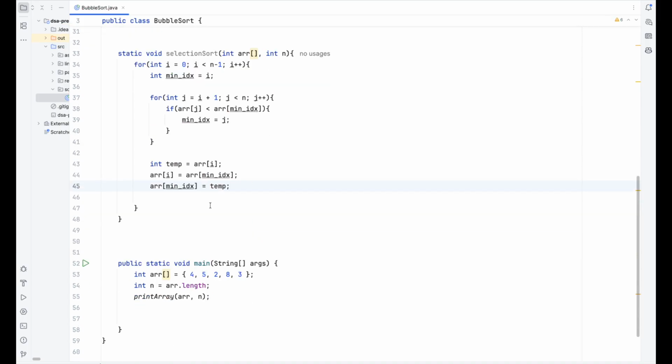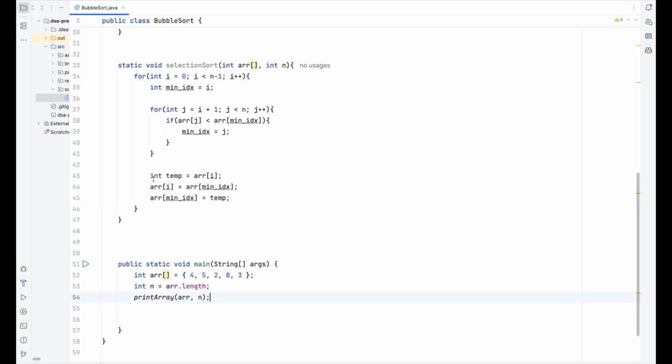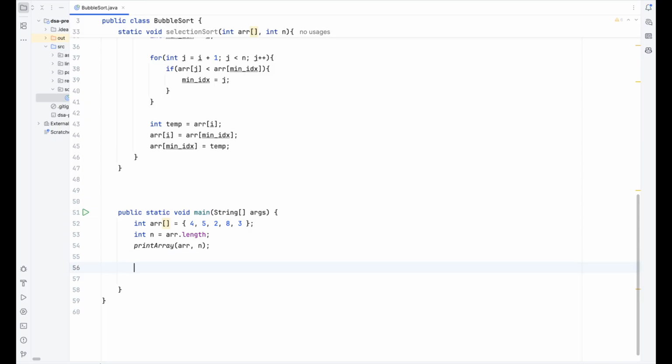So simple. Once this swap happens, you can run this code and your array will be sorted. We can call our selectionSort method, pass our array and its length as n, and then print the array.